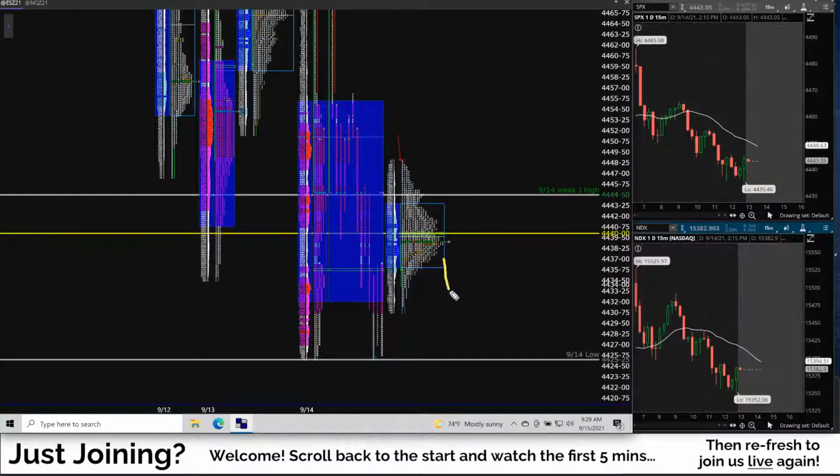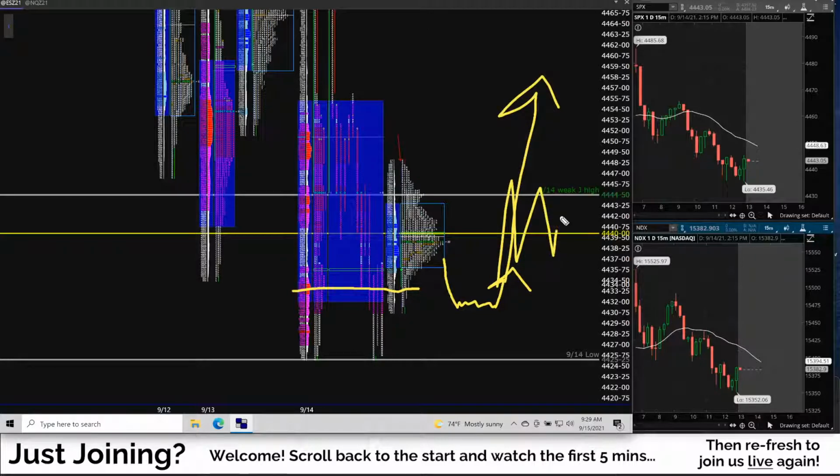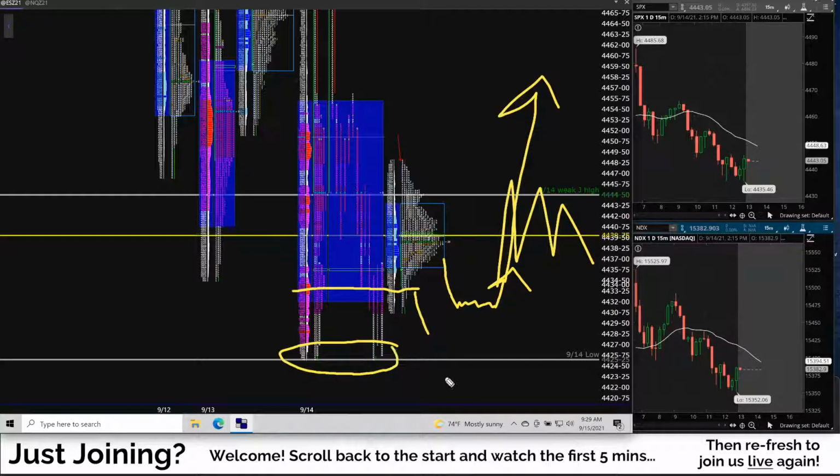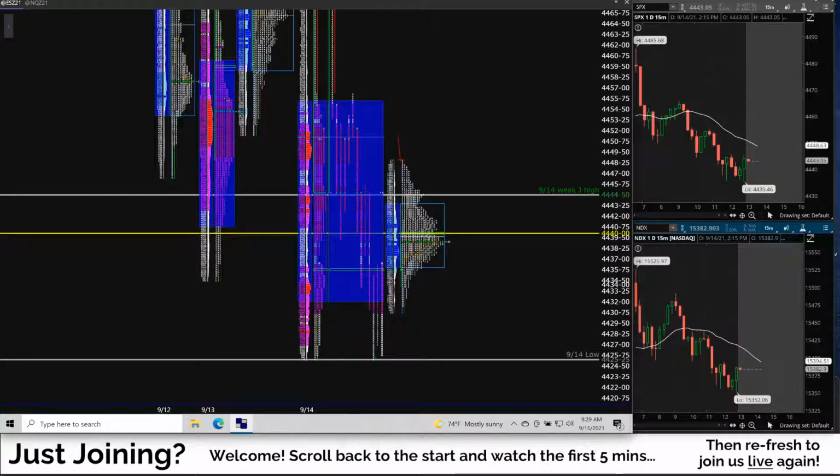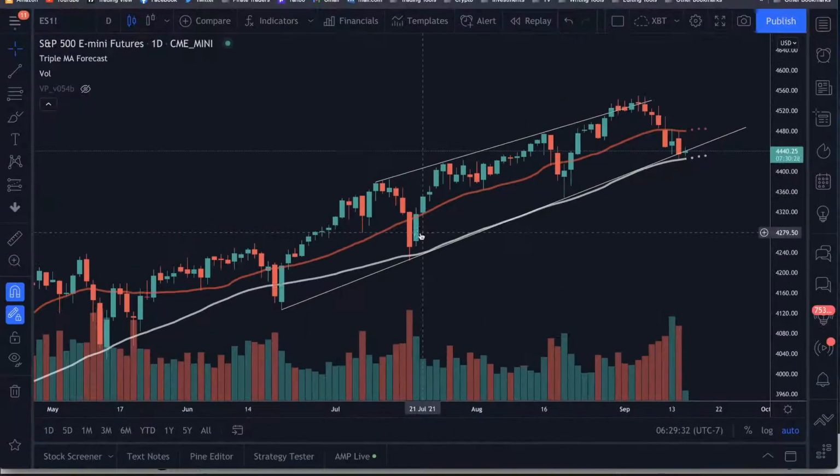If we get below this node of volume from yesterday, just below the close, find support and start to trade back up, that would be bullish to neutral, meaning either further upside continuation or rotation. But if this level breaks right here, I'd start to get more bearish. And in particular, if yesterday's low breaks, I would get a lot more bearish. But again, I want to emphasize that's bearish just on the short term, just on the intraday today, because a lot of times you can see it